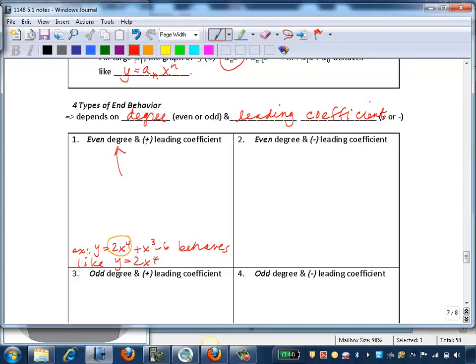So if you guys want to just draw a generic parabola with the middle cut out, so you'd have a middle in here somewhere. We can't say anything about the middle, but on the ends, it's going to look like a parabola. So let's look at